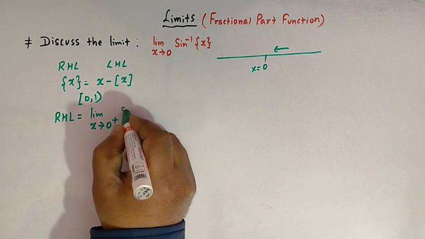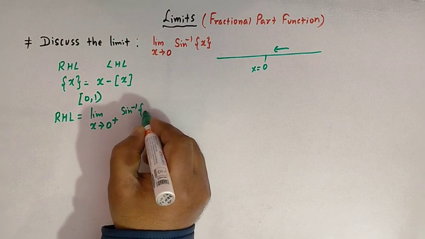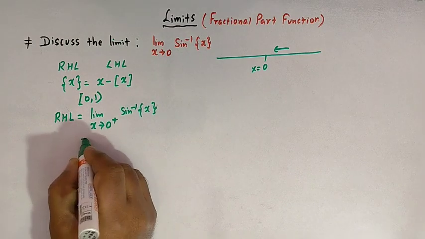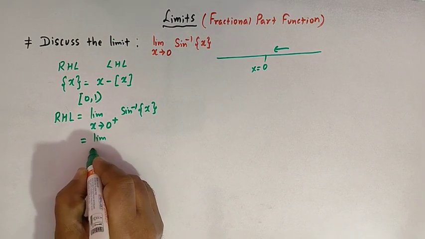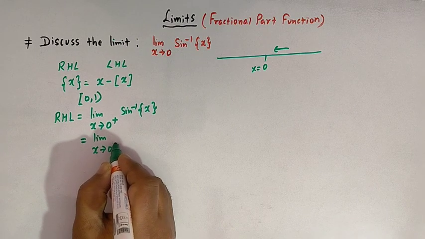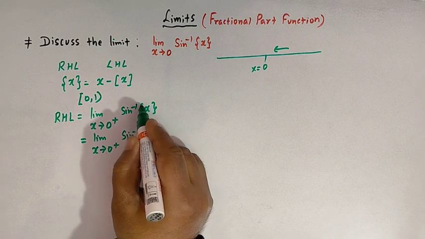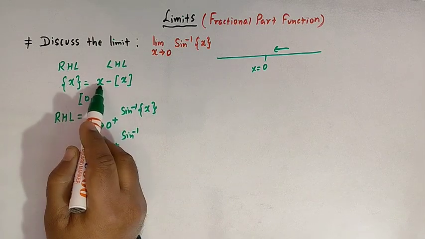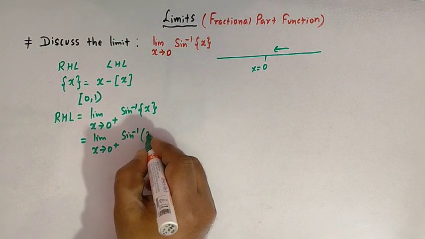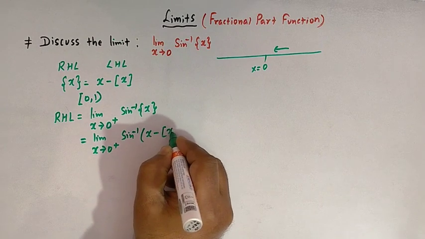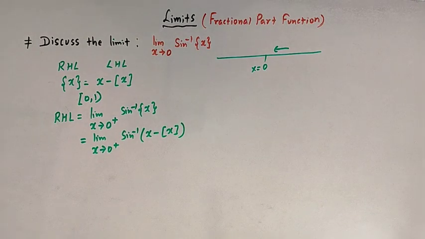And here we have sine inverse of the fractional part of x. So we can now write limit x tends to 0 positive, sine inverse of the fractional part of x, which can be written as x minus greatest integer of x. Okay, so now here